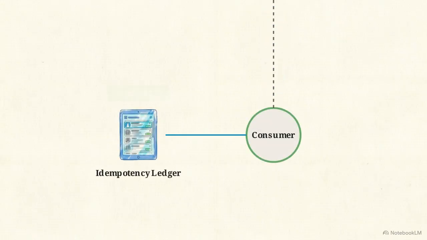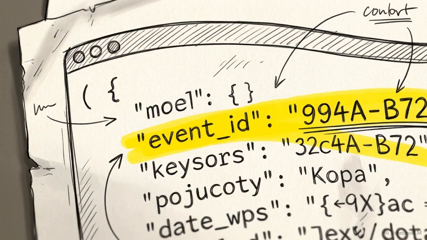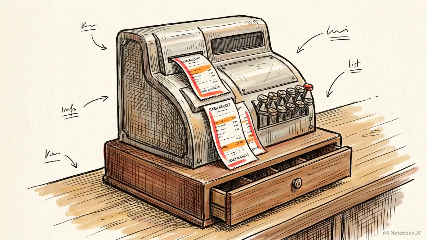But because systems guarantee at least once delivery, duplicate events will happen. To survive, consumers must be idempotent. An idempotent consumer checks its ledger, sees the action occurred, and safely discards the duplicate. Engineers implement this by assigning unique business or event IDs to every payload. If a payment service isn't tracking these IDs, a single network retry could charge a customer's credit card a second